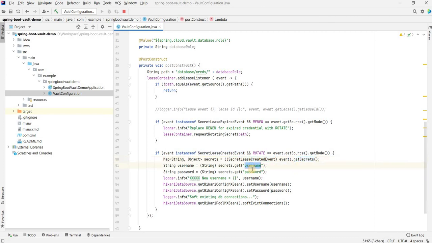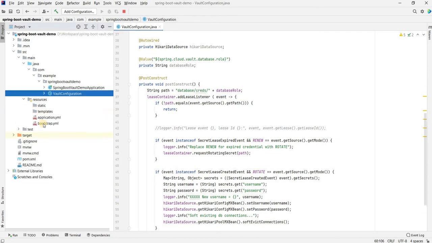With that, we can get the username and password. And as the next step, we can set that back into the Hikari data source using the getHikariConfigMXBean and setting username and password on that. And as a last step, we basically soft evict all the database connections so that the new username and password take effect. So that's how the app has the credentials rotated and it uses it to connect to the database.